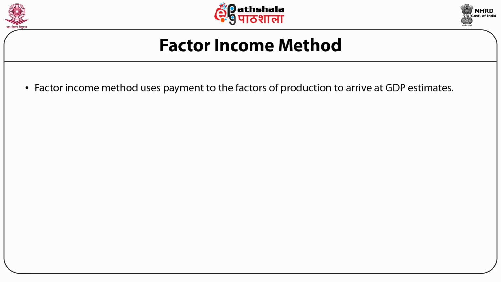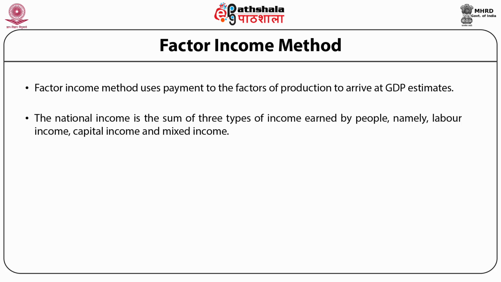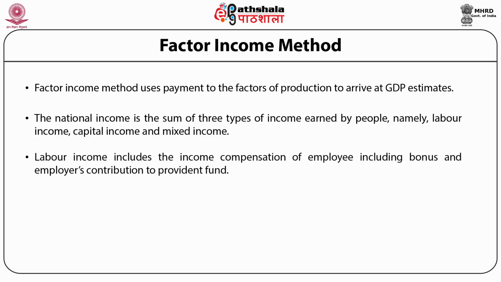Factor income method uses payment to factors of production to arrive at GDP estimates. So the national income is the sum of three types of income earned by people, namely labor income, capital income or non-labor income, and mixed income. Labor income includes the income